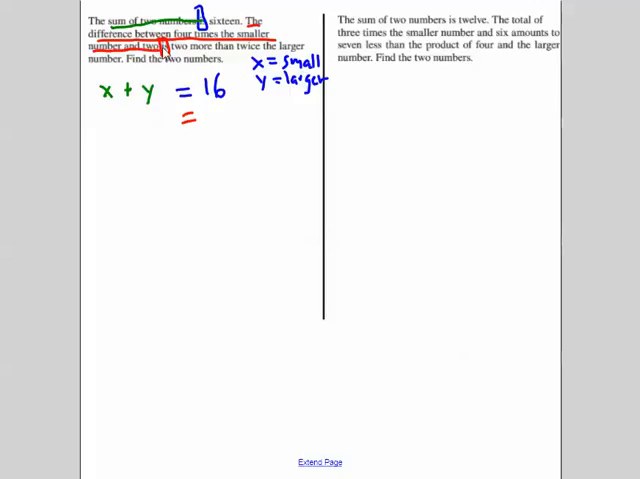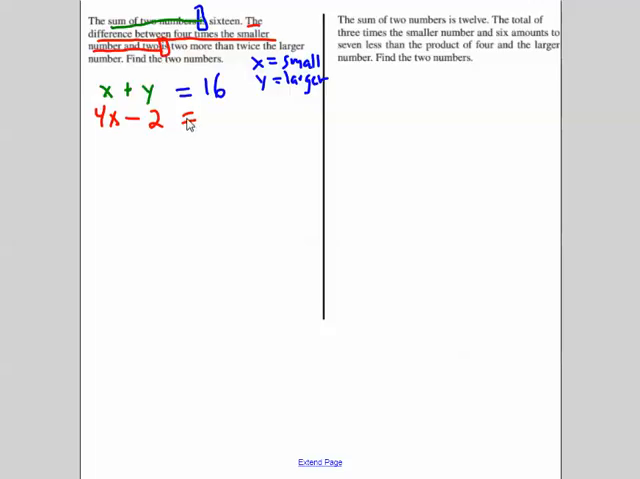The difference between 4 times a smaller number and 2. Well, the subject of the sentence is difference. So difference, okay, so I'm going to put difference there. Between what? 4 times the smaller number. 4 times the smaller number, x. The difference between 4 times the smaller number and 2